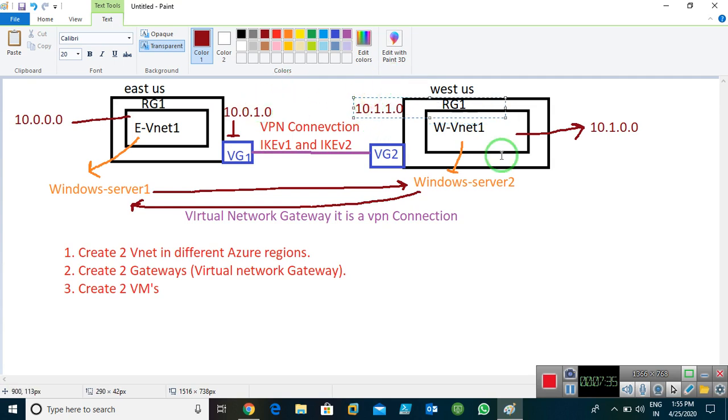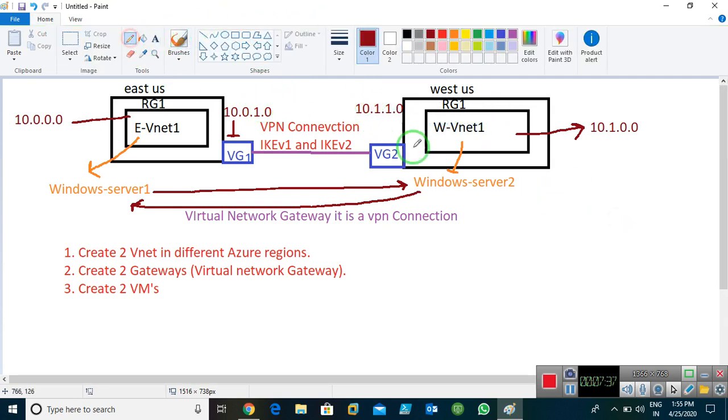And I'm using this network in this VNet. I hope you're able to understand this diagram. We can follow this topology.